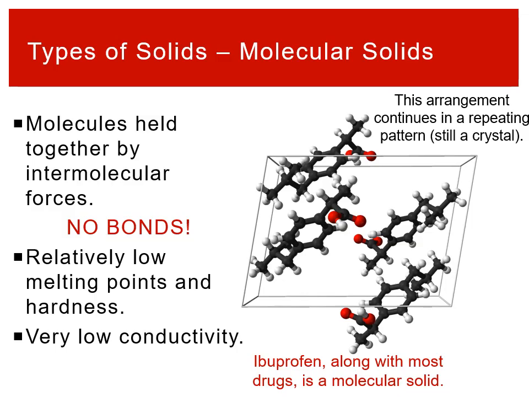The reason it's called a molecular solid is that it's a bunch of molecules held together by intermolecular forces. There are no chemical bonds holding together the molecules in a molecular solid. It is only intermolecular forces. So dispersion, dipole-dipole, and hydrogen bonds are what are holding everything together. Because you can imagine, in the case of ionic compounds, it was strong ionic bonds, high melting point, but because we have only intermolecular forces, which are relatively weak,